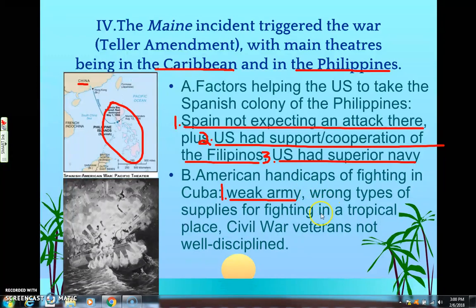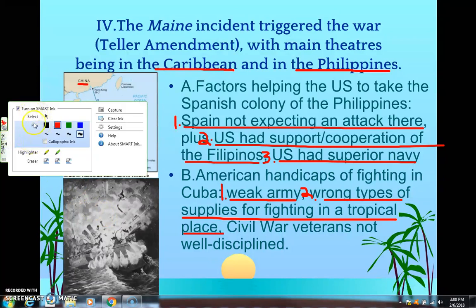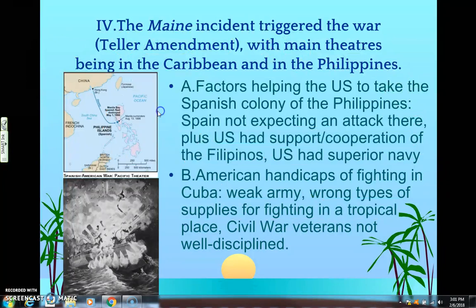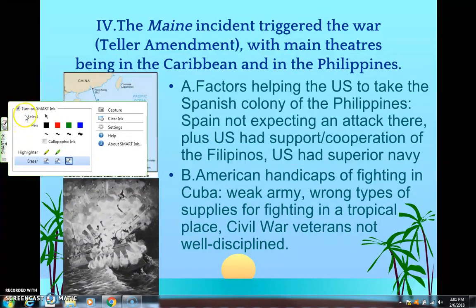We didn't have the right type of supplies. We are not going to be used to fighting in sort of a tropical climate, okay? That hot, humid, sort of draining climate that is the tropical climate. We're not used to that. And again, we're the Civil War. That's the last time that we would have been engaged in any type of warfare. And so it's been a solid 40 years almost since we've engaged in any type of warfare.